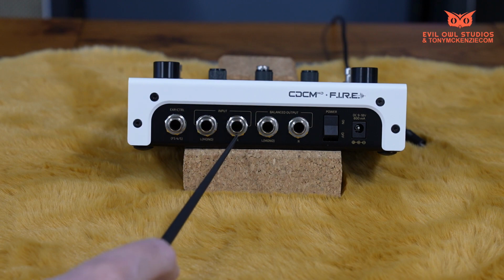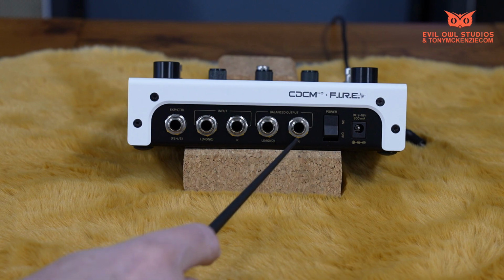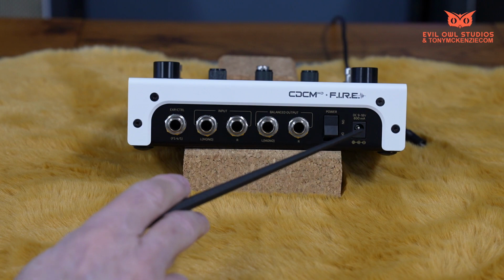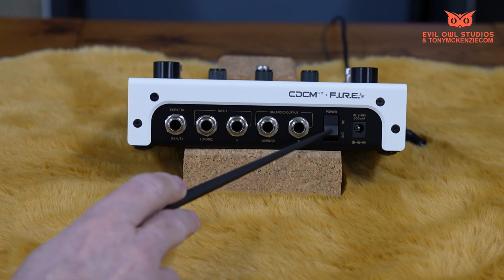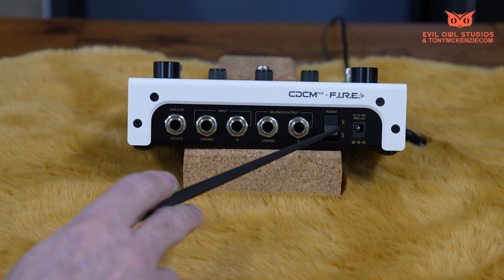You've got a left mono and a right, all very simple. Seen millions of them before. Next one along is the output. This is balanced output. We've got a left mono and a right for that. Excitingly, well, at least for me, there is an on and off power switch, and I'm really happy that that's there. When you haven't got one of these, it's a right pain in the...